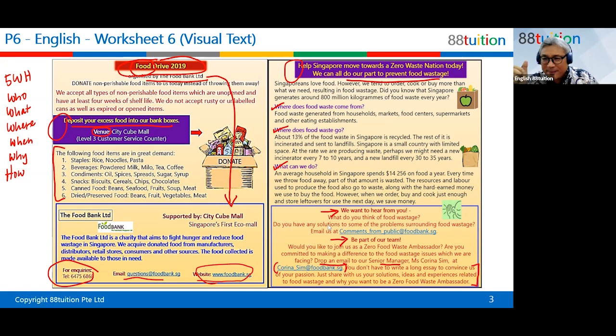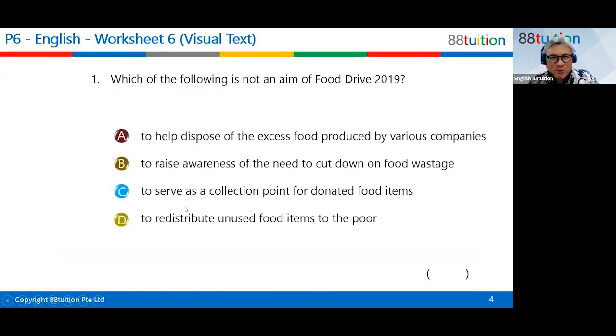Okay, everybody okay? Good. Okay, all right. Let's go to the first question. Jared is the one. Okay, so Jared, we are just starting on the first exercise section, which is the visual text. Wait, hold on.